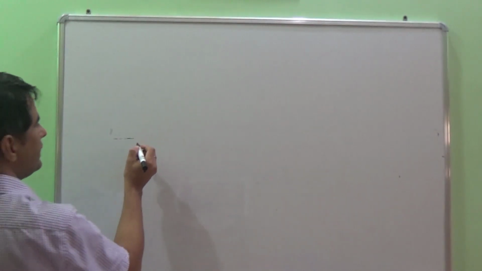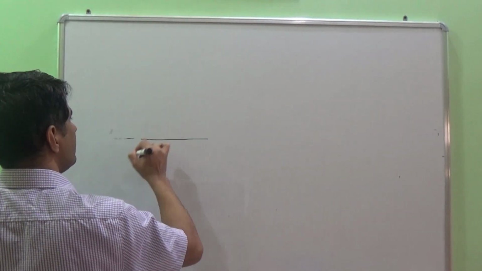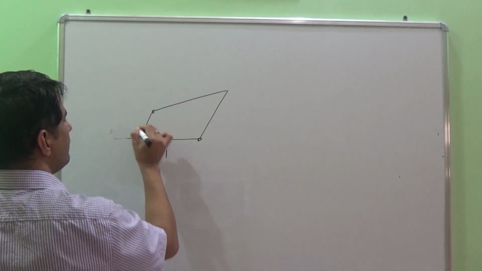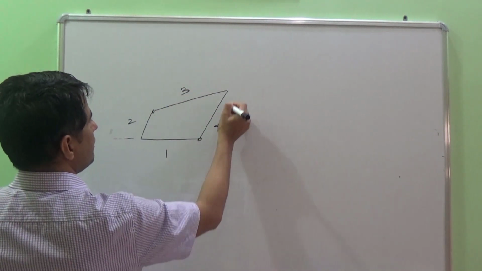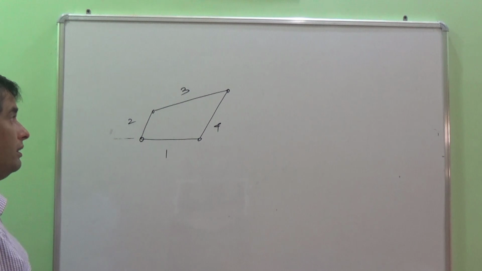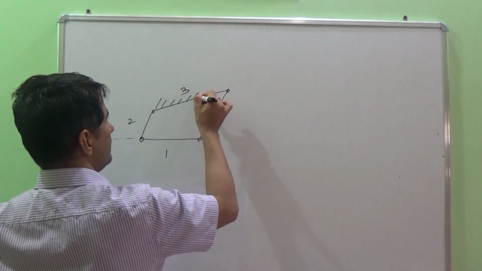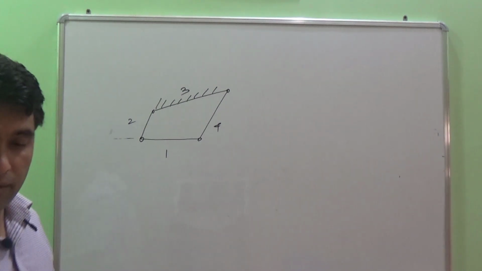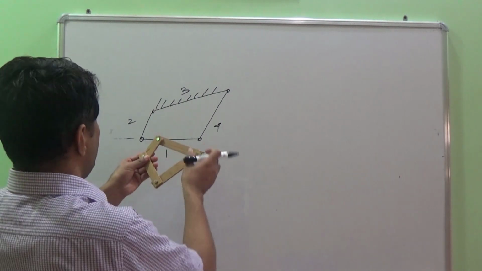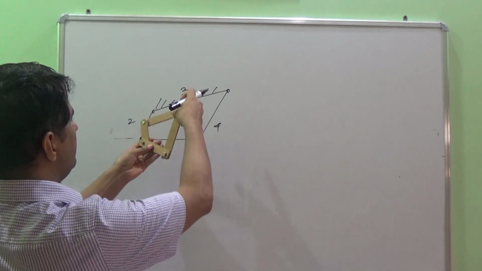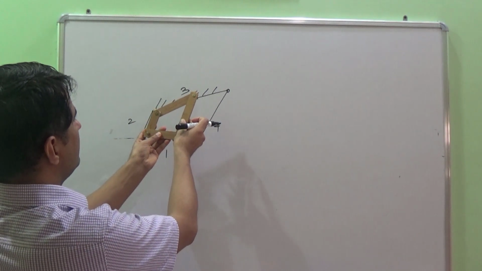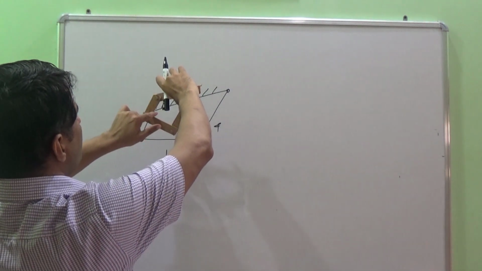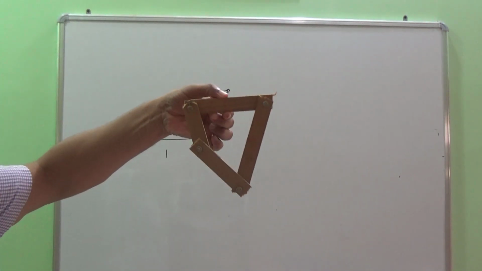For the third inversion, we have the 4-bar mechanism, right? Links 1, 2, 3 and 4. So let us fix link number 3 to get the third inversion. I have fixed link number 3. By fixing it, now try to see what will happen. You have this sort of system, right? By fixing link 3, what is happening? Try to see in this model.